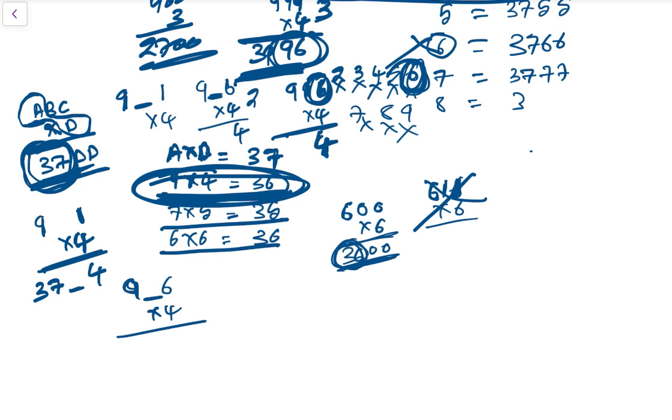So to get 4, ठीक है, to get 14 into 4, ठीक है, कितना आएगा. So it is not possible, right, ठीक है, because we need 14 here, because 9 4s are 36 आएगा. अब एक उधर भी तो जाना है, ठीक है, so 14 is not possible in 4 table, so ये 1 नहीं हो सकता. देन let's check with 9 6, so 6 4s are 24, ठीक है, and here we need 37. So to get 37 what we need is 2 already है, ठीक है, so what we need here is